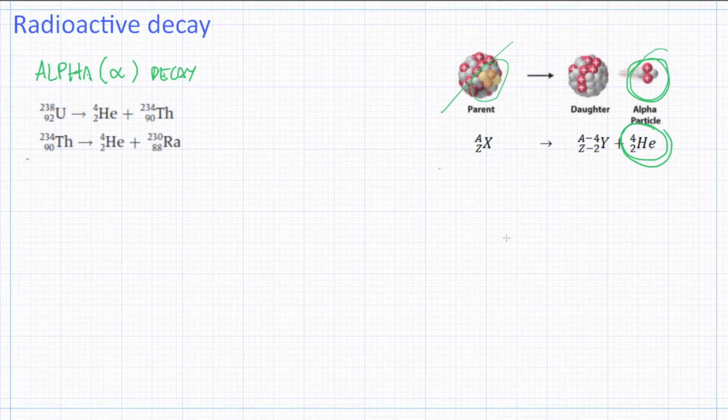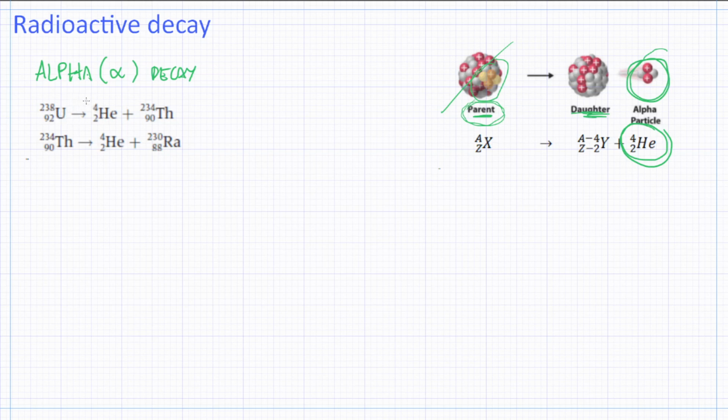another terminology that's important to remember is parents and daughters. So basically, again, something that's quite old, but the original particle, the particle that you had before the decay, is called the parent, and the particle that you have after is called your daughter particle. So you have your daughter here, which is going to be a bit less massive, and your alpha particle. So the examples that we have here, for example, uranium